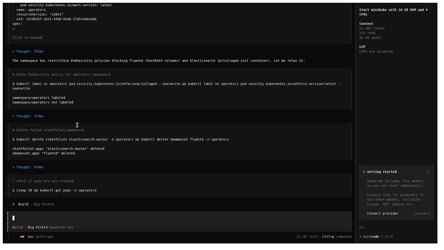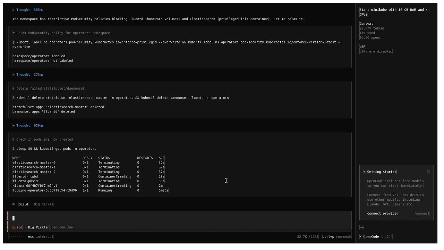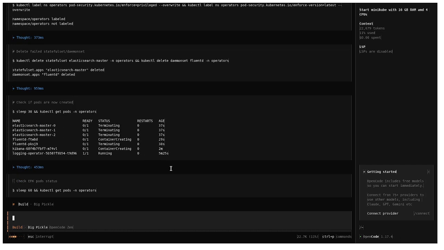So all this stuff, right from starting the cluster to deploying OLM to installing ELK, it has all been done by itself. I've not done anything apart from just chatting, and this is OpenCode. So it's just a binary. Once you install it, you just hit the command opencode, and this window will open in the command line. And you just need to provide it permission, like once or always. And then once it has permissions to access your computer, your Linux box, it is capable of doing anything and everything. Which is really, really, really